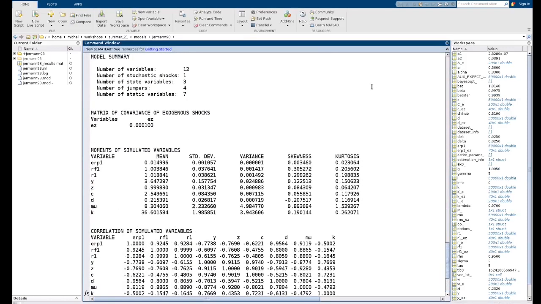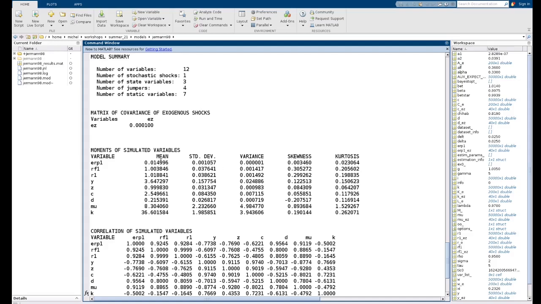So you see, we do not have the policy function coefficients anymore, but we have moments evaluated over 50,000 iterations.